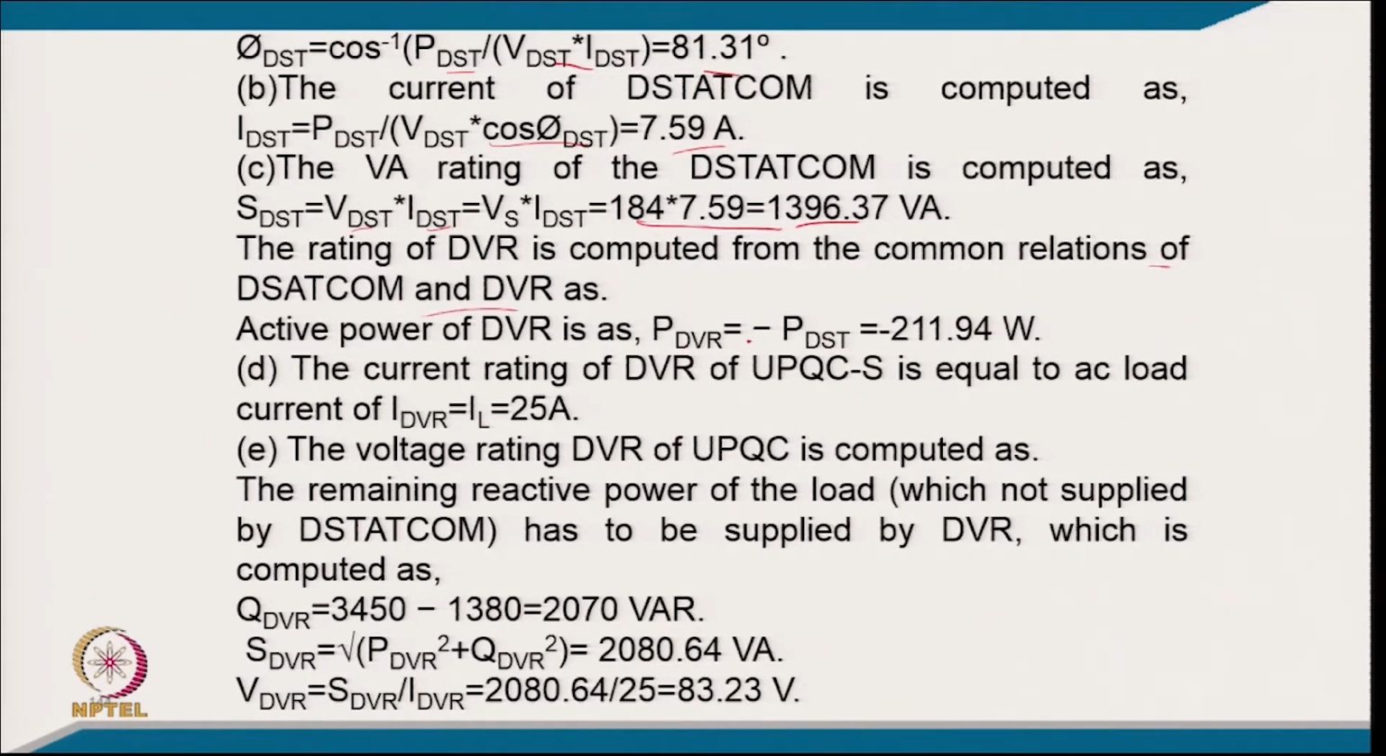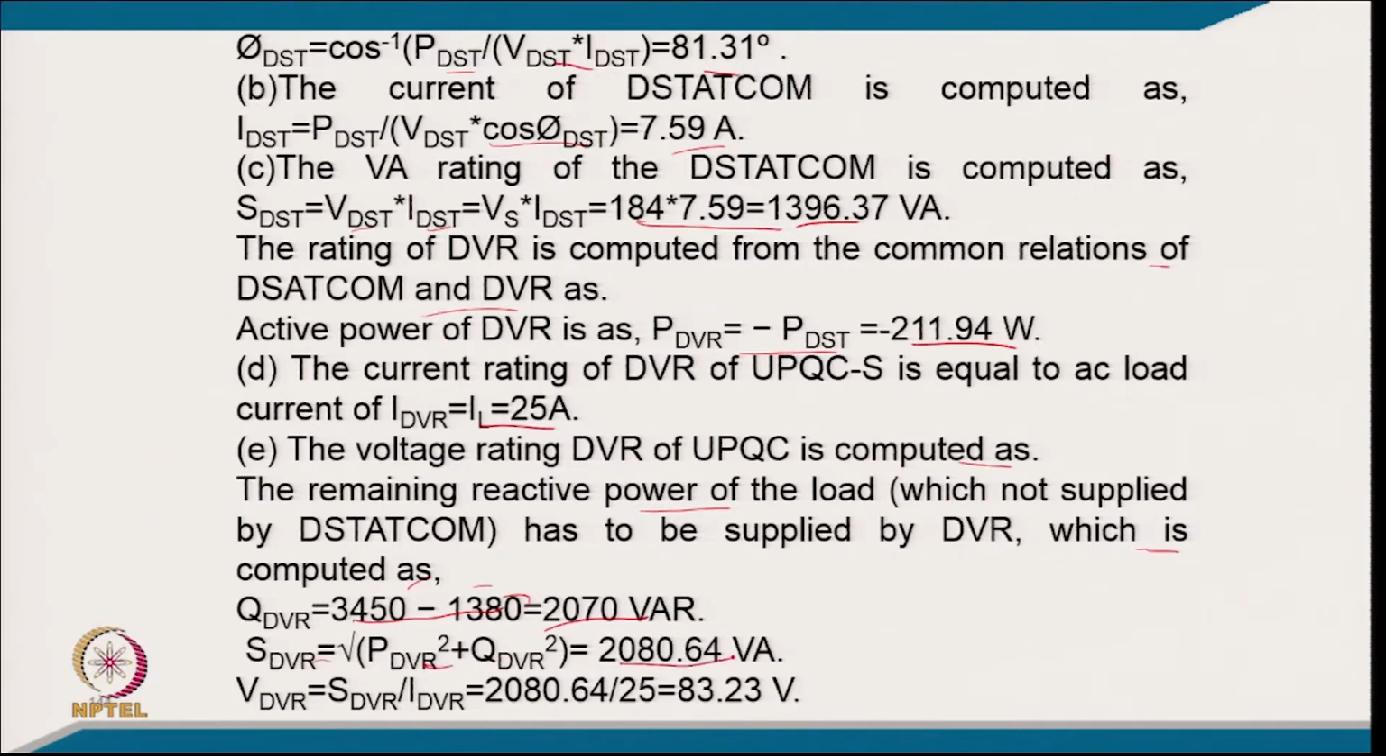power of dStatCom equal to dVr equal to 211.94 watt, and the current rating of dVr of UPQC is equal to the AC load current of 25 ampere, and the voltage rating of dVr is computed as follows. The remaining reactive power of the load not supplied by dStatCom has to be supplied by dVr, which is computed here typically from this 3450, that is the total load reactive power, and this is by dStatCom. So, the dVr has to supply the 2075 VAR, and you can find out the dVr VA rating